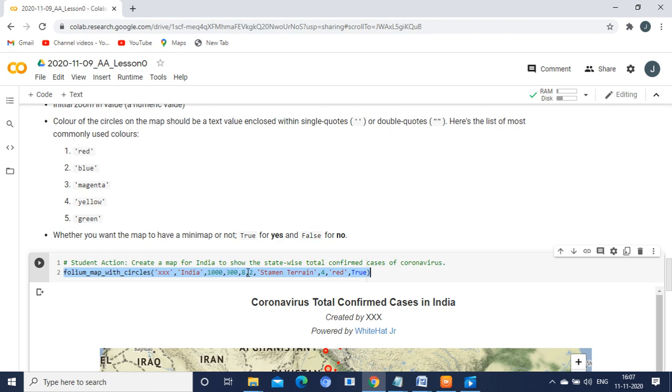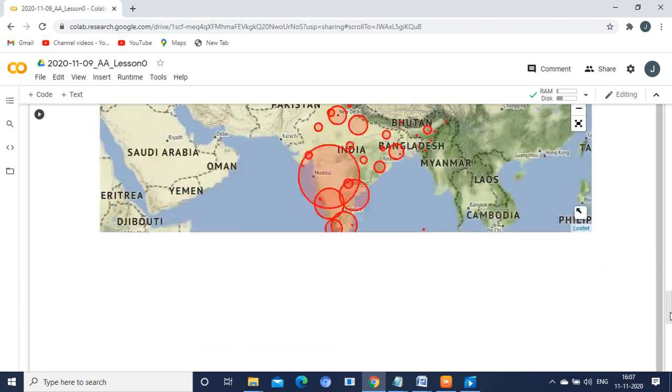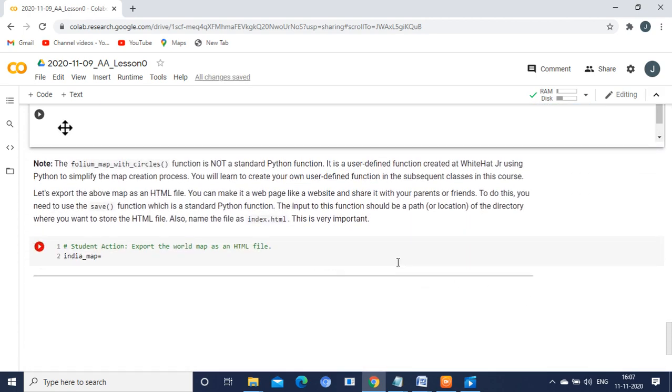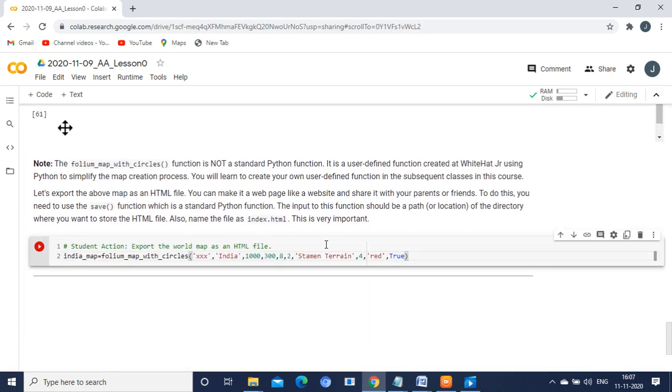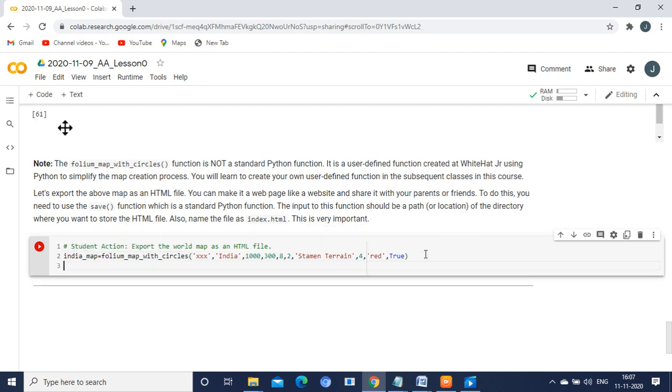Just a single line. You can copy this and paste it here. What is the meaning of that? I am assigning the overall code to the variable called India_map. Whatever activity we have performed, I am assigning to the single variable.